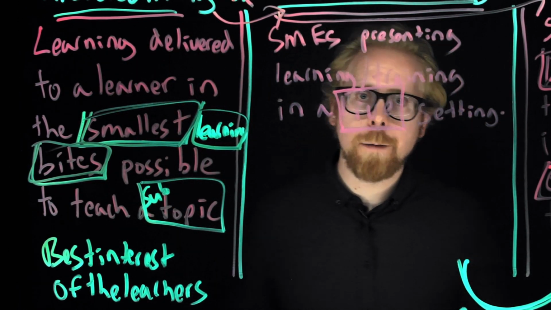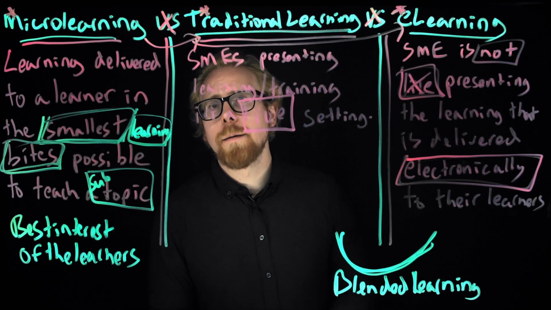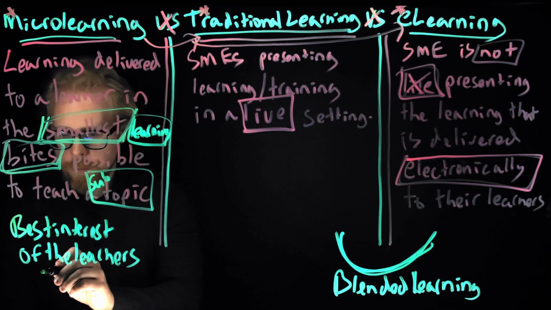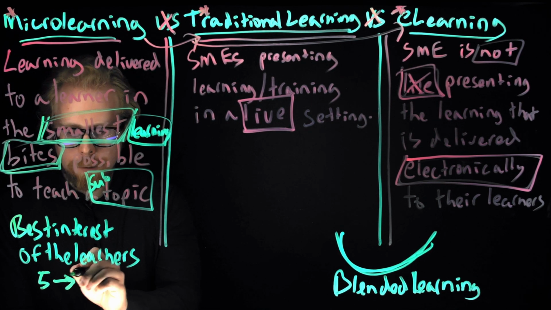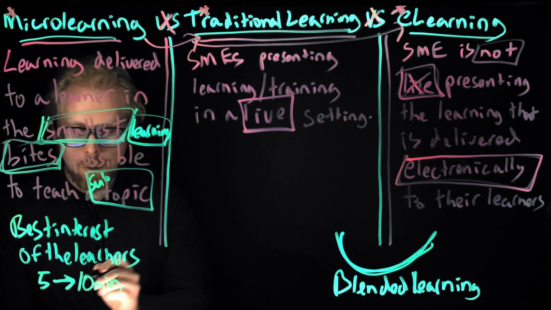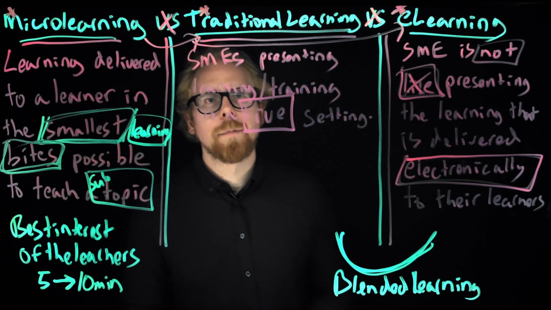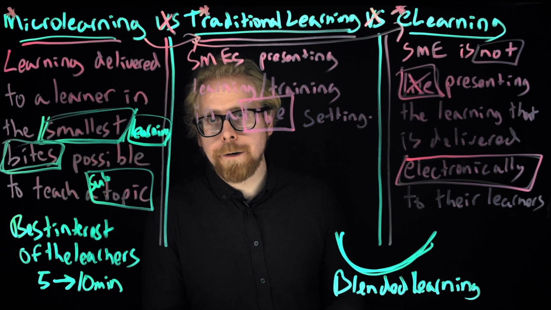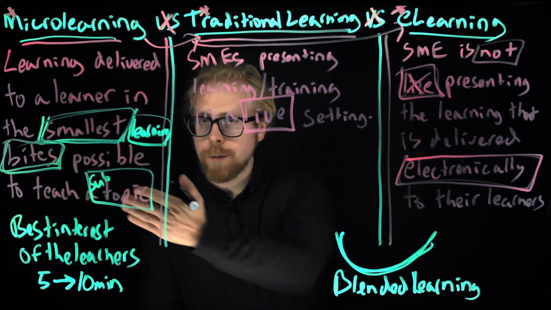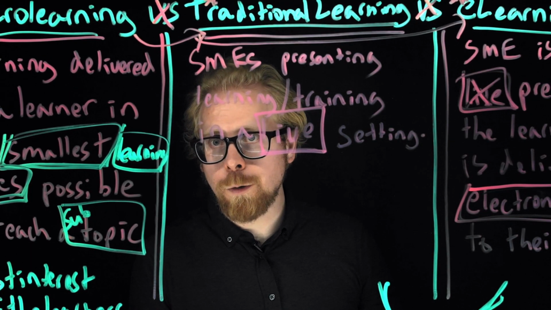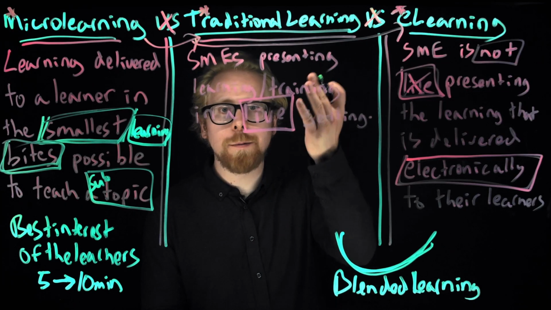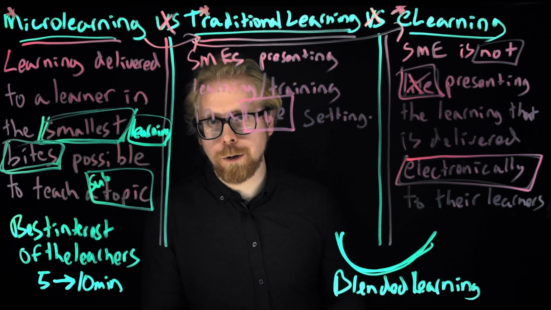Because traditionally, we've talked about this in another video, where you can break down your 2-hour live training into 5 to 10 minute segments, which is where we are looking the majority of the time. You're looking at 5 to 10 minute learnings. You can break it down into 5 to 10 minute segments where you talk about a topic or a subtopic. Then you ask your learners for questions. You can ask them to answer questions, etc. But that would be using microlearning as traditional learning.